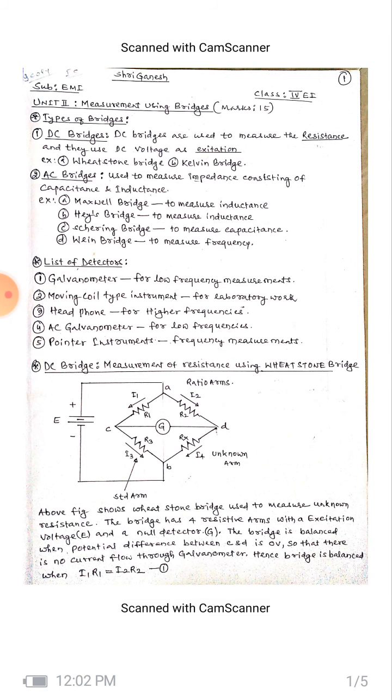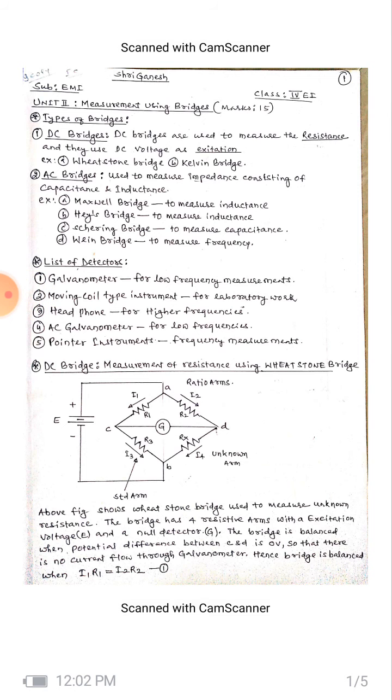The chapter starts with the types of bridges. Basically there are two types of bridges: DC bridges and AC bridges. We will see the difference between these two. The DC bridges are used to measure resistance, whereas the AC bridges are used to measure capacitance and inductance. The DC bridges use DC voltage as excitation, whereas the AC bridges use AC as